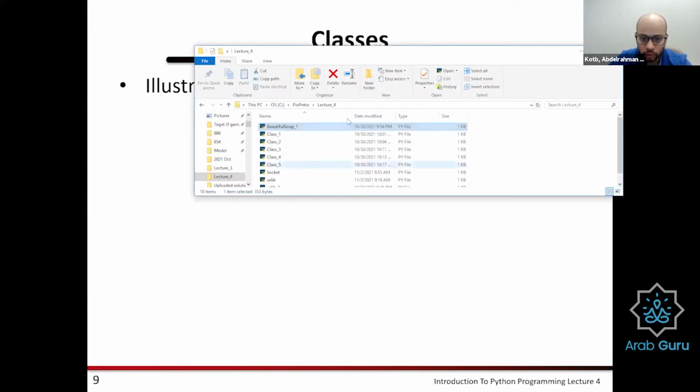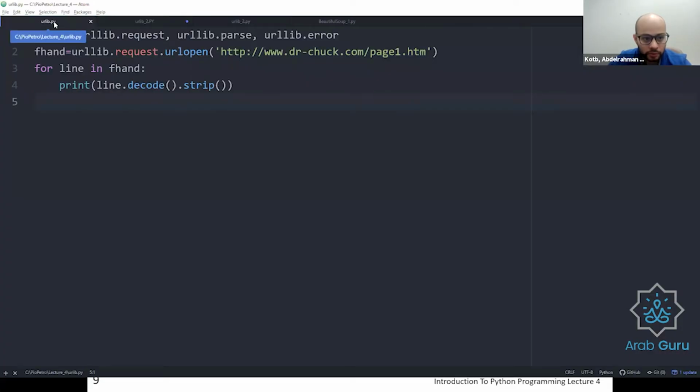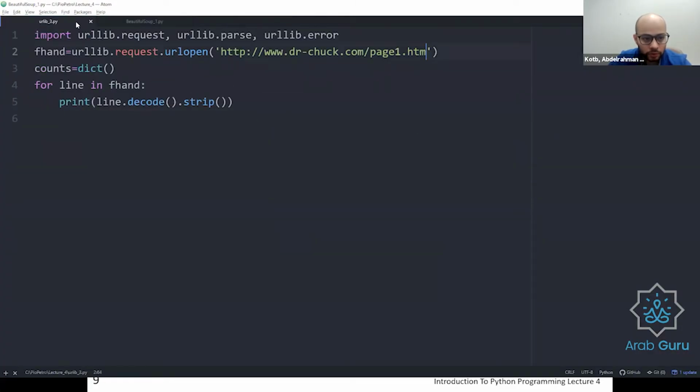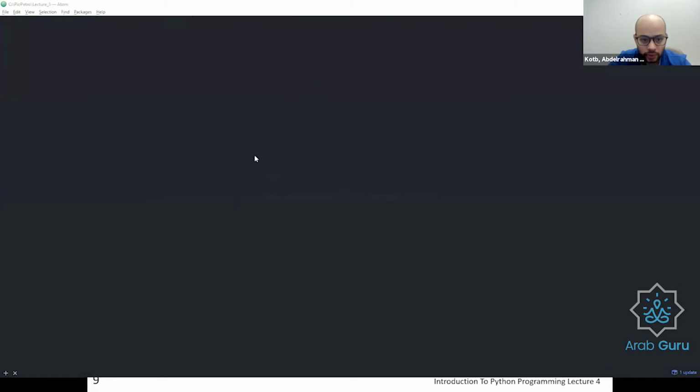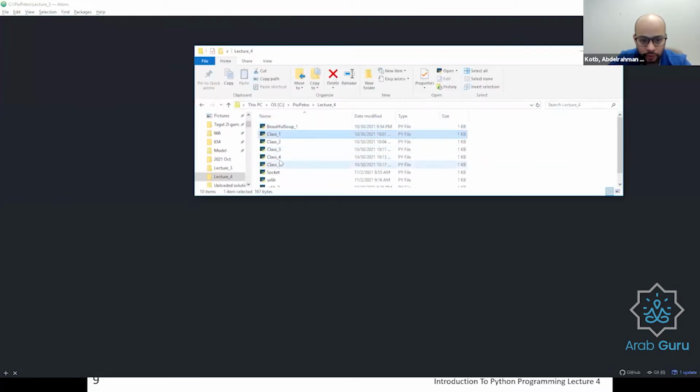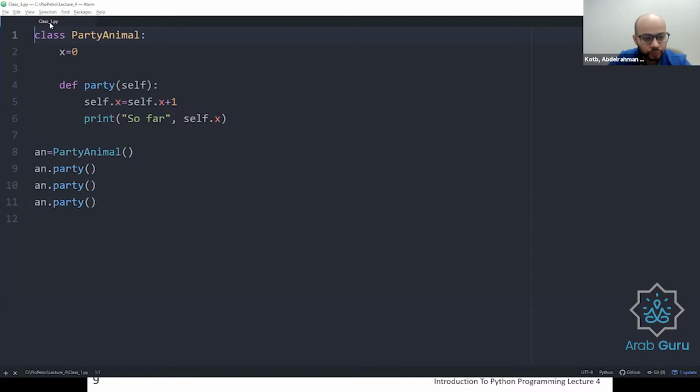So if I go to these five examples. Okay. Classes are similar to functions, and I think we've talked about functions a little bit. However, with classes you can store data within them.